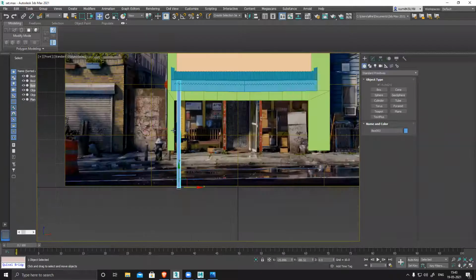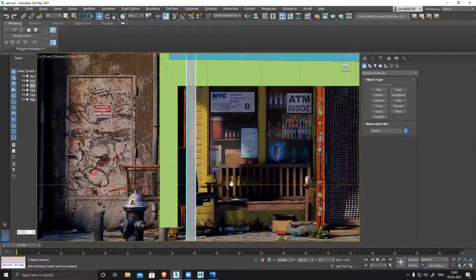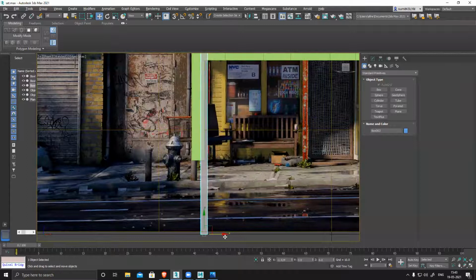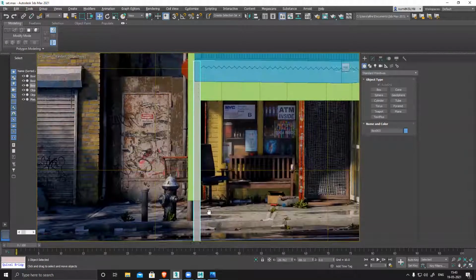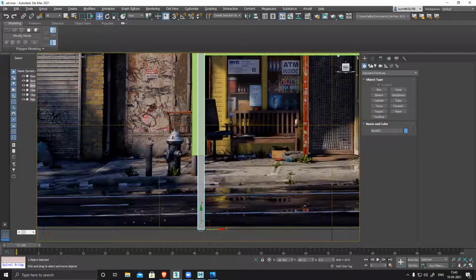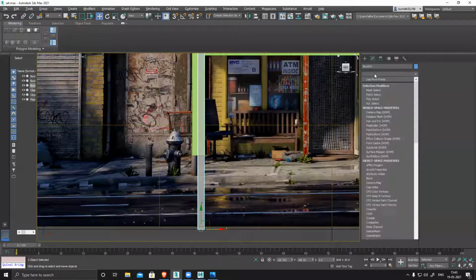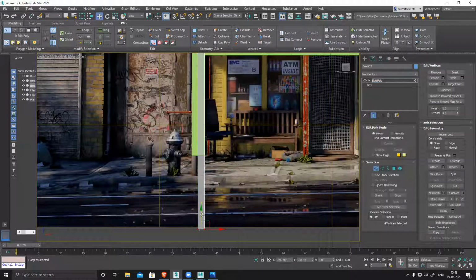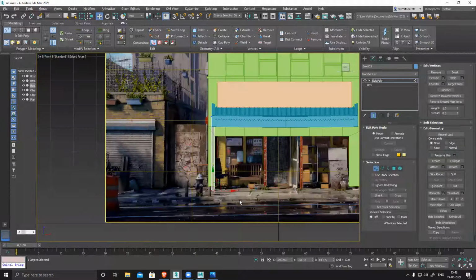Front, Alt X. It is supposed to be like this. Edit poly, vertices, move it and place it here.